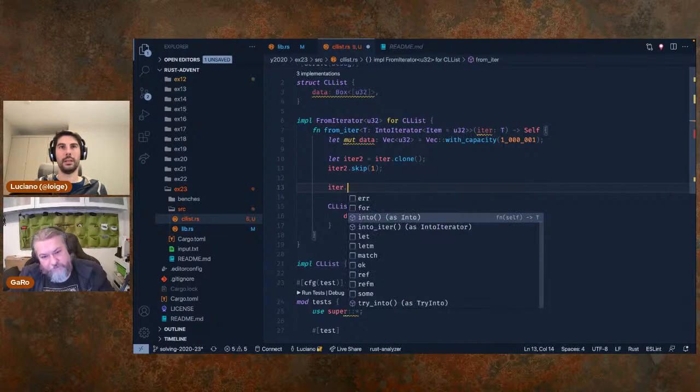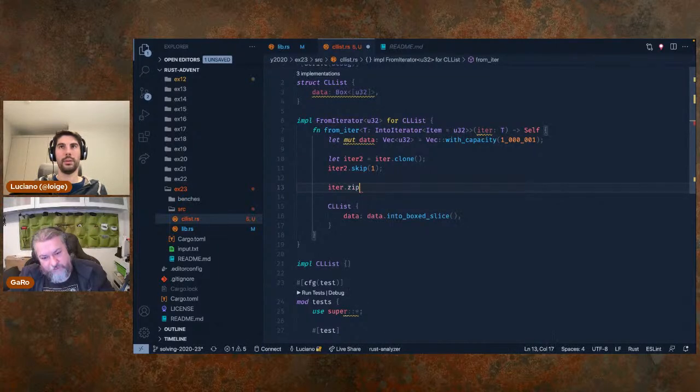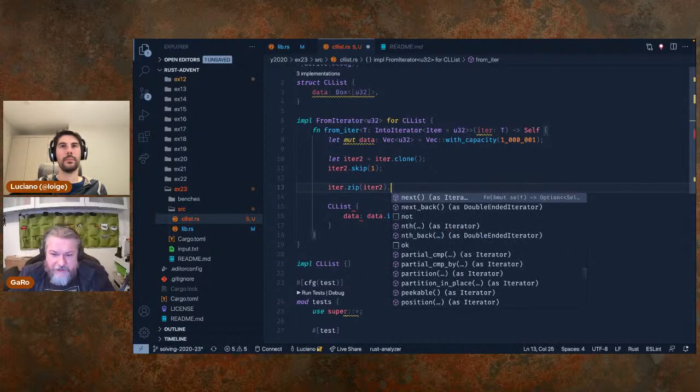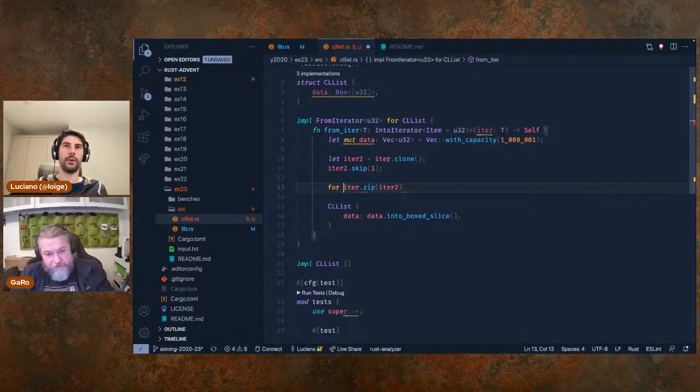So you do iter.zip. I don't know why it doesn't like it. It's complaining about iter up there, but I think the type is fine. I think it was just that we were not using it. Okay. So in this way, we have the 2 elements with this iterator, and now we need to do something with both of them. Exactly. Now what we will do is for, I don't know,